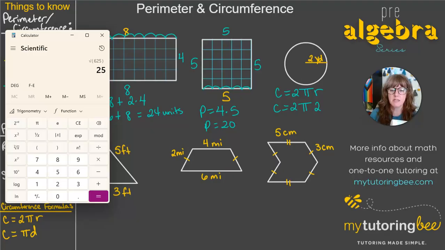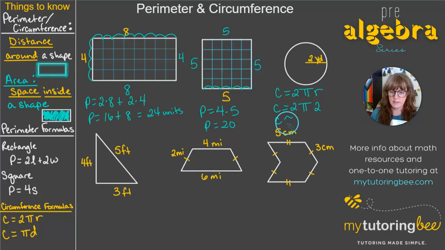But since we don't have any directions telling us to use 3.14 for pi, I'm going to actually use the pi key. So we've got 2 times pi times 2, and that equals 12.5. I'm going to go ahead and round it to the nearest hundredth. So we're going to round it up to a 7, 12.57. So our circumference is about